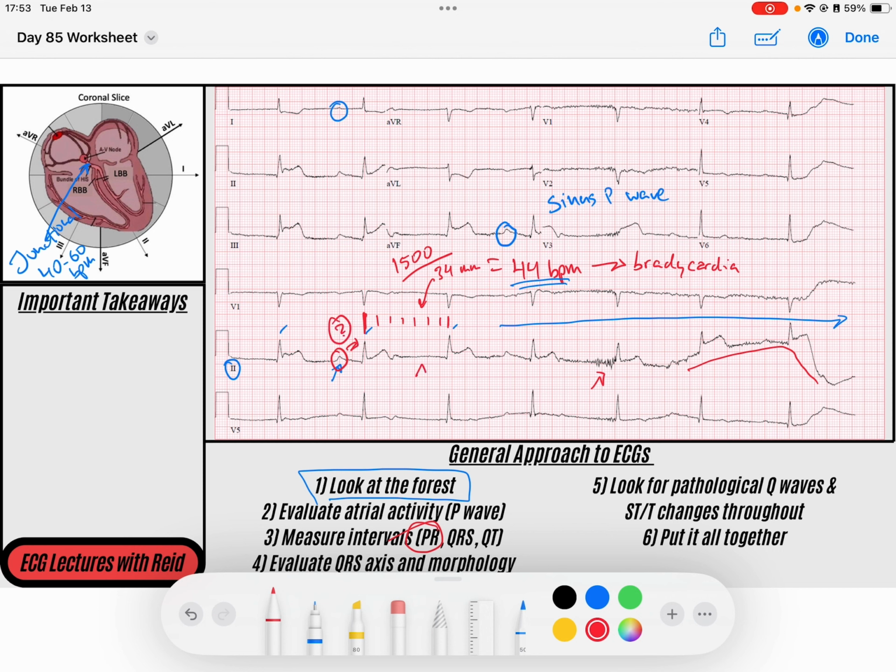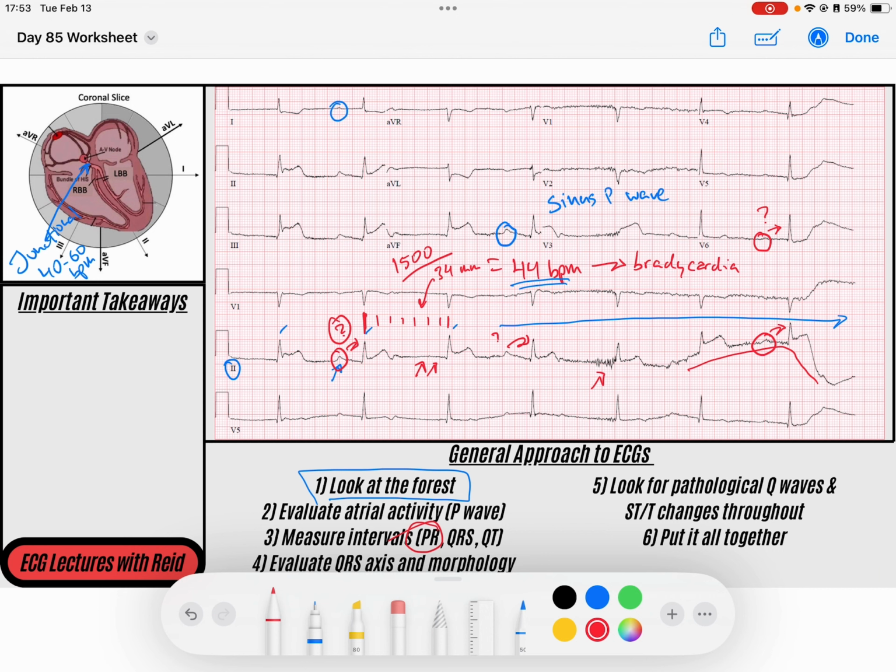I don't see a P wave that is in the same fashion in front of this QRS. Maybe this one does. Maybe that happens again over here, right? You can see that better on V6. Does that, right? These are all questions that I'm thinking about. And so one way that you can really evaluate, are these P waves conducting to the QRS, is, well, one,